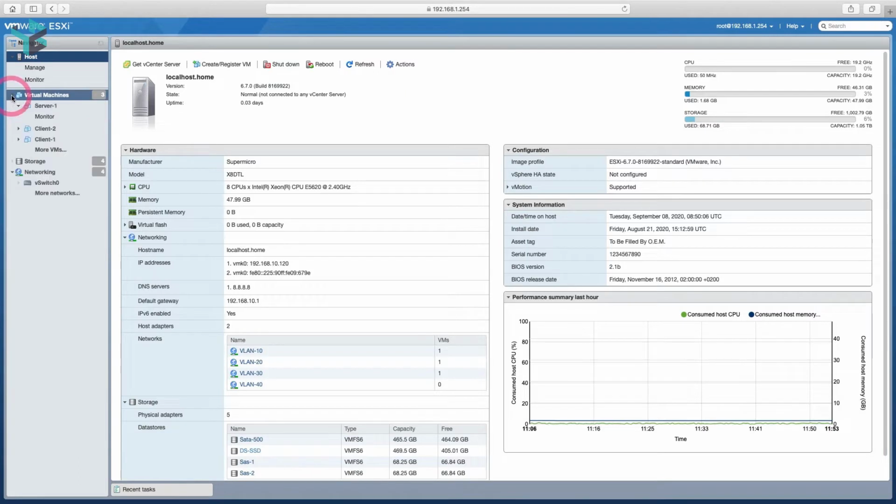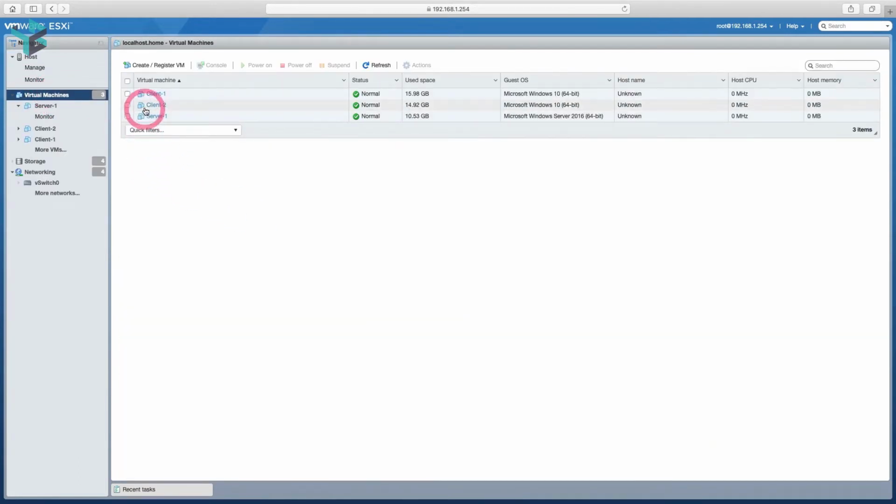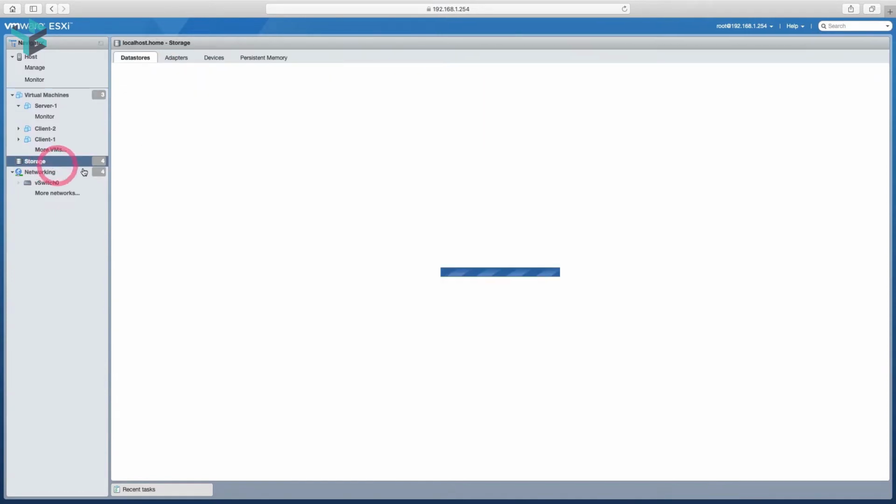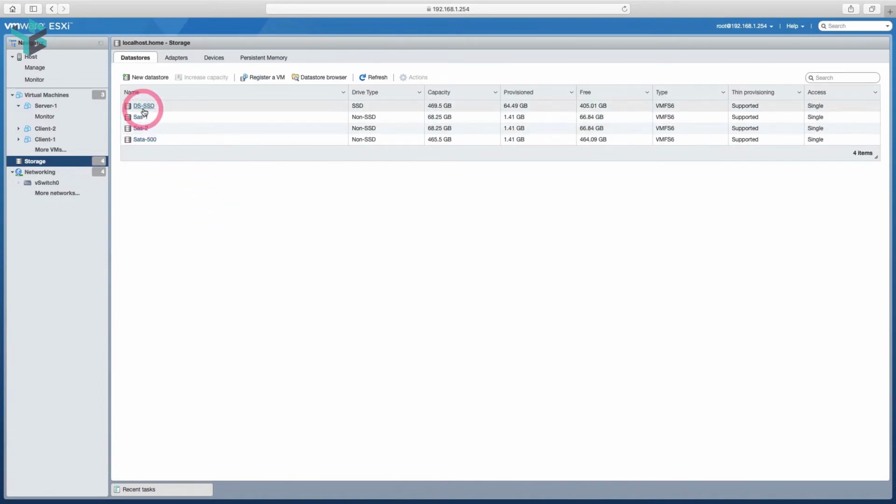You can see our virtual machines here. When we look at the virtual machines here, you can see that I have installed one Windows Server 2016 and two Windows 10. I named it as Server 1 and these as Client 1 and Client 2. When you look at the storage page here, you can see the hard disks on your physical server. You can connect them here in external storage. Since I am in the lab environment right now, I do not need an external storage. I am using the hard disks on the server. I have one SSD hard disk, I have two SAS and one SATA hard disk.